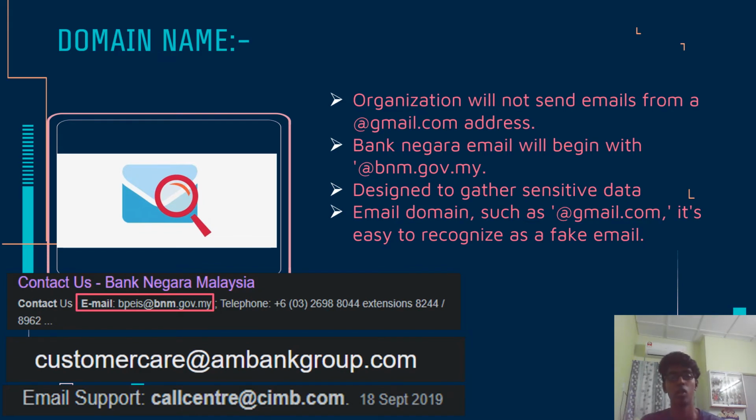It's almost probably a fraud if the email originates from a domain that isn't associated with the actual sender. So if the sender uses a public email domain, such as gmail.com, it's easy to recognize it's a fake email. Or you can search in Google to get their original domain name.